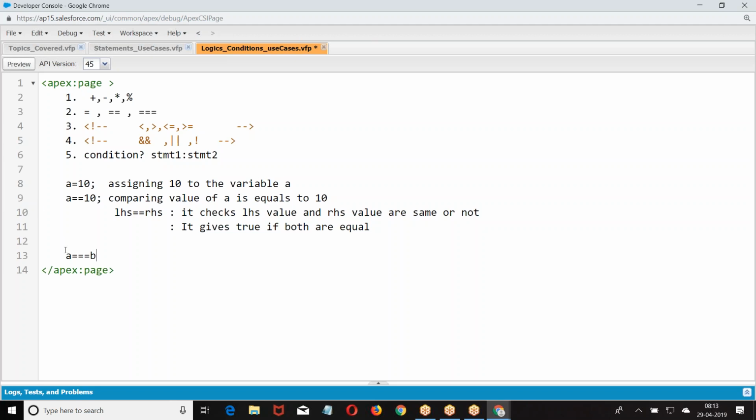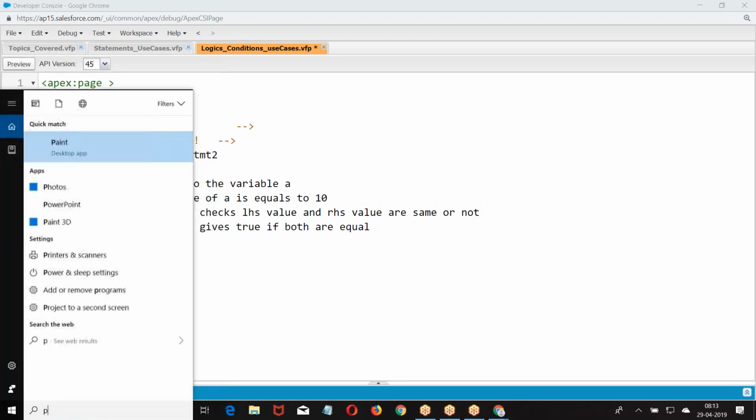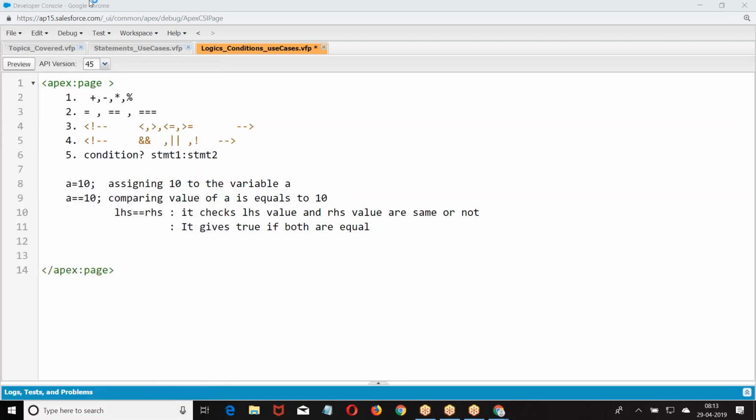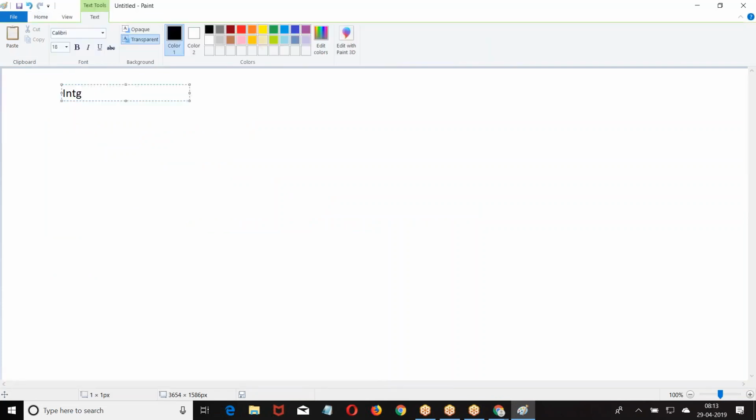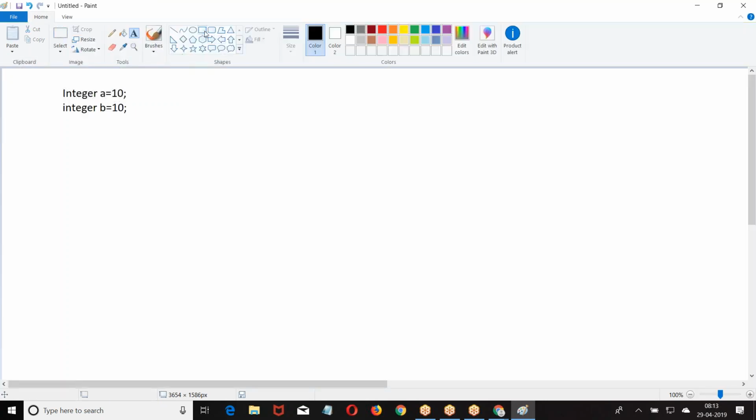Okay. Now I give the next requirement. Let us see. Try to get the point. Basically, triple equal to will be used with objects. For your understanding, I am creating it with a basic variable. Generally, it is supposed to be used with only objects. But for understanding this, I am giving it with a non-object. Practically, it is wrong. Okay. It should be used with objects.